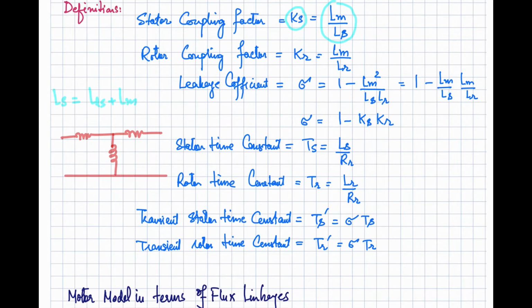This is the common one, right? And this inductance is Lm, this is Lls, and this is Llr. So Lm is basically that inductance which is common between stator and the rotor, and tells us how much flux is linked between stator and the rotor out of the total flux that was available at the stator, and the total flux that was available at the rotor, or the total inductance on the rotor, how much of that is contributing towards that flux that is linked with the stator.